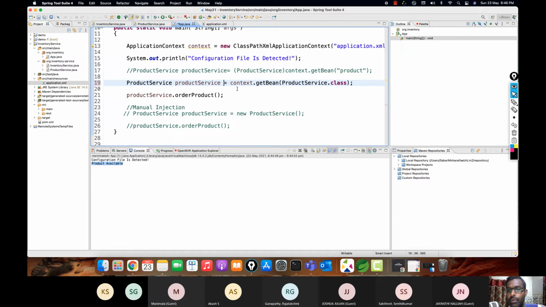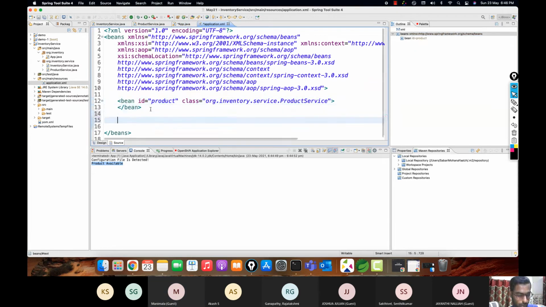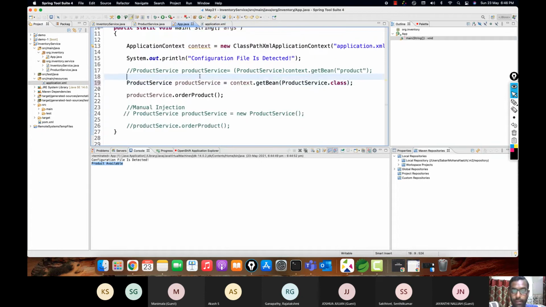But the challenge here is you will not be clear about which instance carries what type of value. And that's why we go for ID. So what happens in ID is, for the same class, you can have two IDs like this. And now it's going to be product one. Okay, two instances there right now. Now, by having the two instances in place,